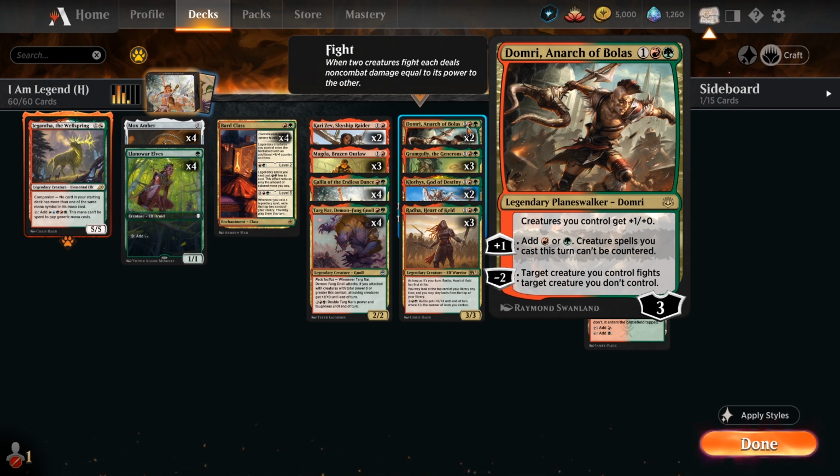And the +1 gives us red or green mana, and also creatures can't be countered, so really useful in a control matchup as well. Although I think the control matchup in general is going to be really rough for us because they have access to Lightning Helixes and Wrath of Gods. It's probably going to be an unwinnable matchup, but Domri's here anyway because you can play him on turn 2 and he's pretty solid